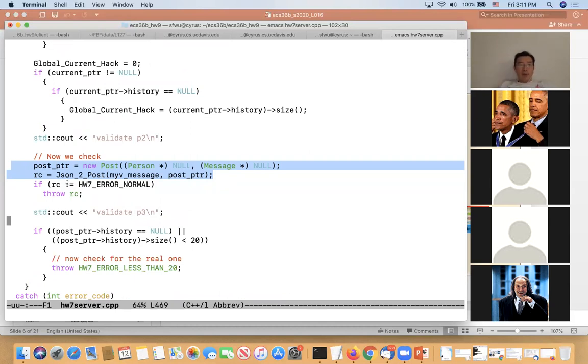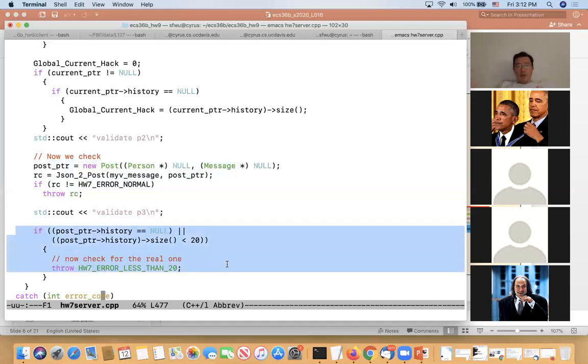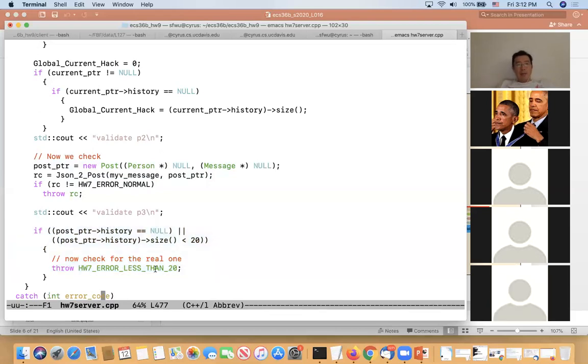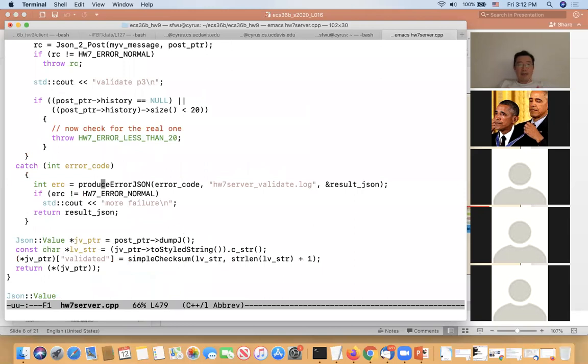In this part, of course, I convert the JSON to a post object. And then at the end, I check whether this number is smaller than 20. If it's smaller than 20, I will just throw that HW7 error, less than 20, okay? But if you pass the test, then what I will do is calculate